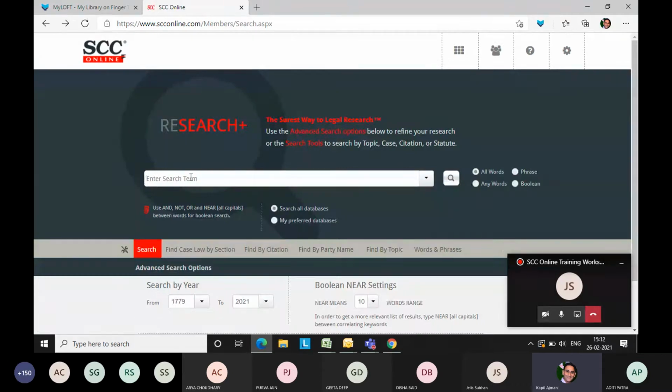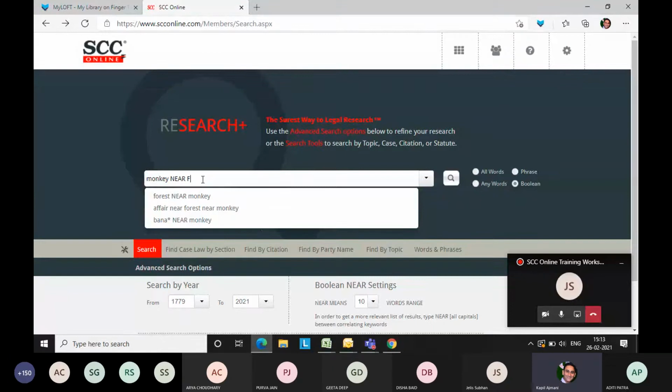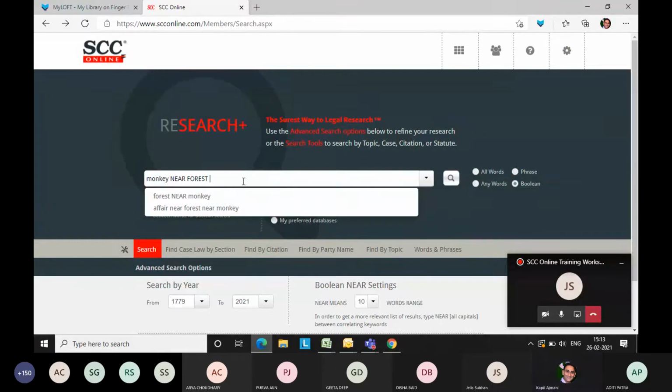When you are going to use a long line, we are suggesting you to keep your research up to 2 or 3 important words only. Here we have 3 important words: monkey, decide, forest. So these are the options which are coming in front of you. Monkey, near, forest. If you want to add a third word, that is also suggested from our end, but the 4th word would be somewhat cumbersome